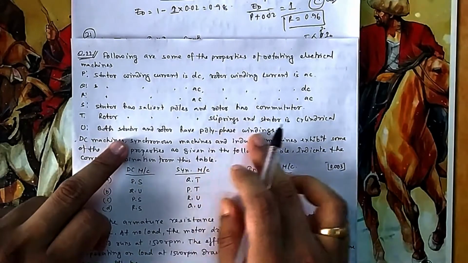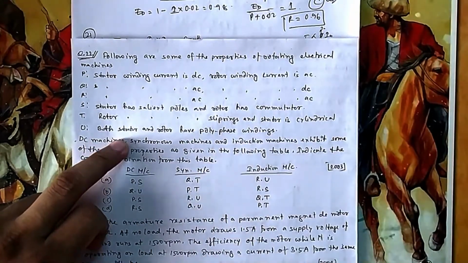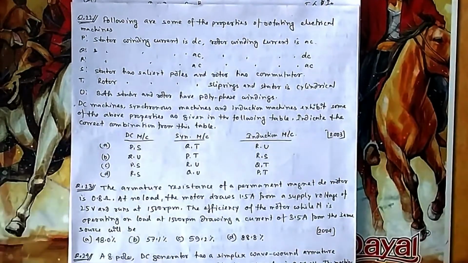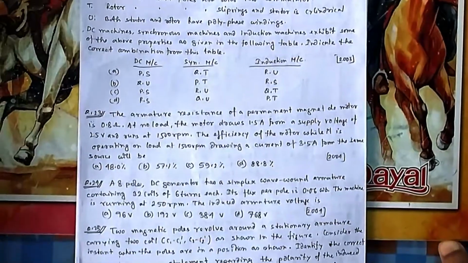Both stator and rotor have polyphase winding. That is in induction machine. So that is option A. Now if you come to question number 23,